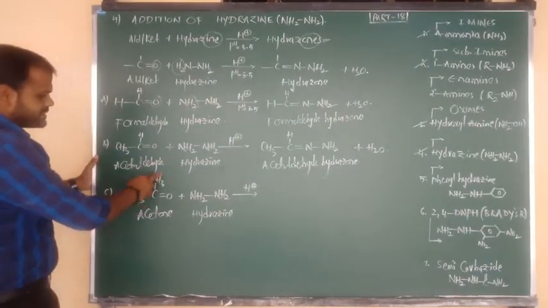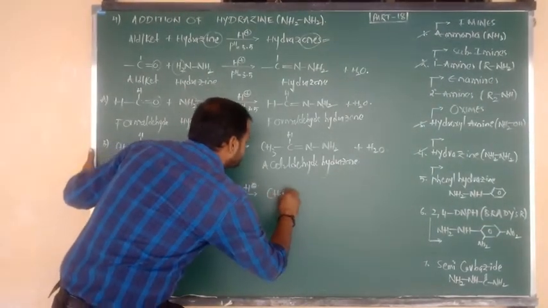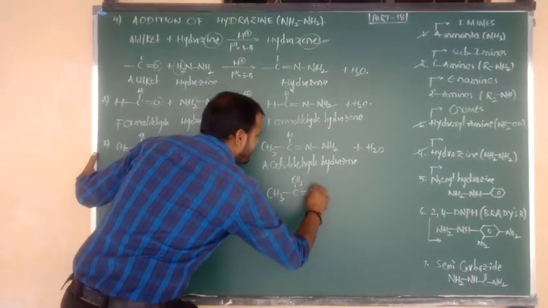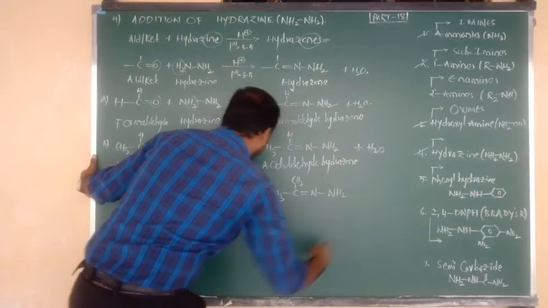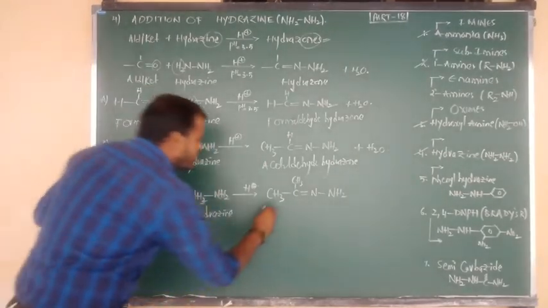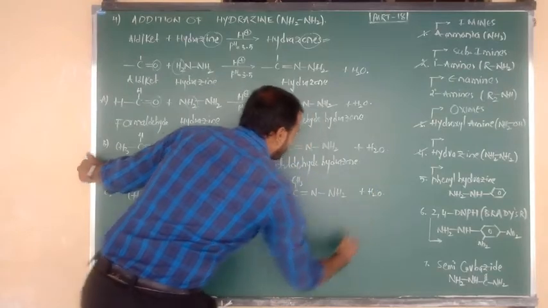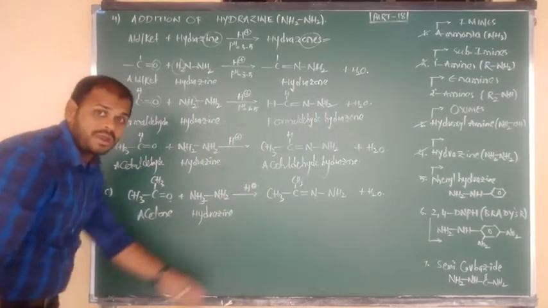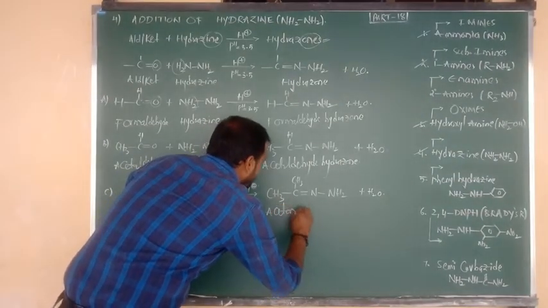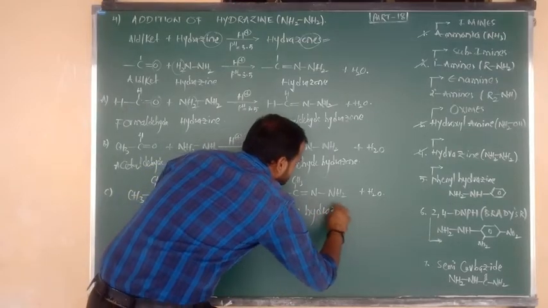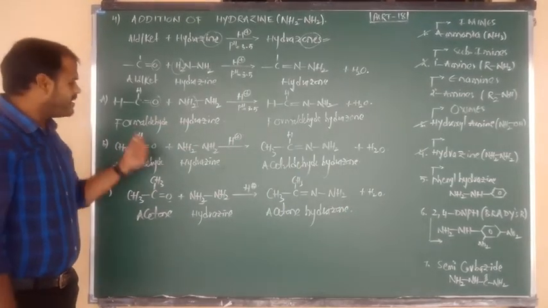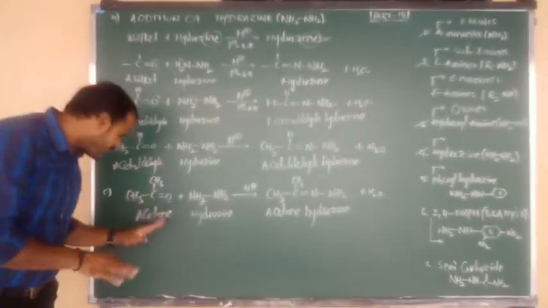CH3 bond C, again above the plane another CH3. After that, we are getting hydrazone, meaning this form is the same: C double bond N, again bonded to NH2. So this H2 combines with O and is eliminated in the form of a water molecule. Again, hydrazine is converted into hydrazone, but this hydrazone is coming from acetone. So what is the name of this product? The name of this product is acetone hydrazone.